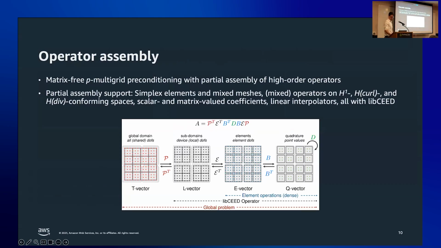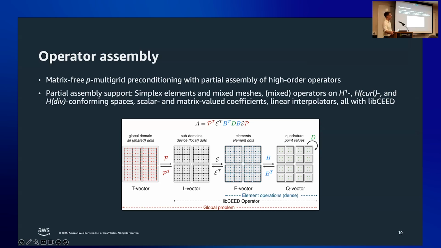Okay. And finally, I would be remiss being an MFEM conference to not present this because basically all of the performance that we achieve within Palace comes down basically to this diagram. This diagram plus libCEED is kind of the key. There's a lot of technical terms that are going on, but yeah, we use matrix-free p-multigrid, we use partial assembly for the higher order operators, and after that colon, the second line, that is a lot of work